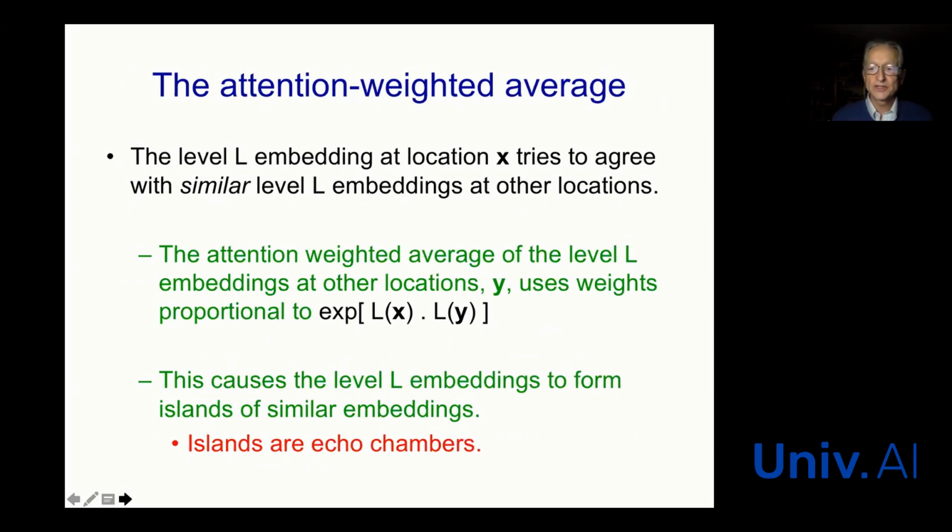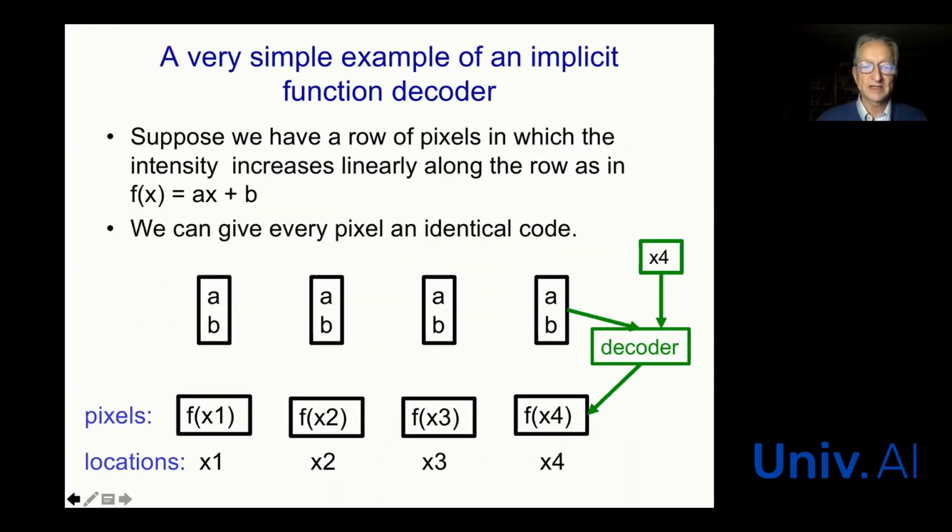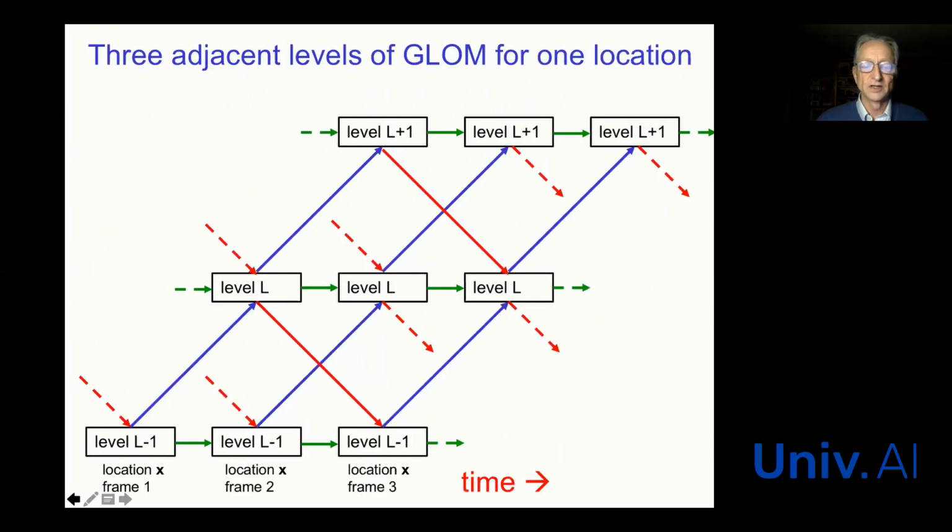Now, in order to make this system form islands, we need to train it. The whole system is going to be trained, right? It's going to learn everything from data. An obvious way to train it is to show it images that have patches missing. This is how you train language models like BERT. You show a sentence with a few words missing, and it has to fill in the missing words. So in the Glom architecture, the obvious way to train it, let's go back to the Glom architecture, would be you show it an image,